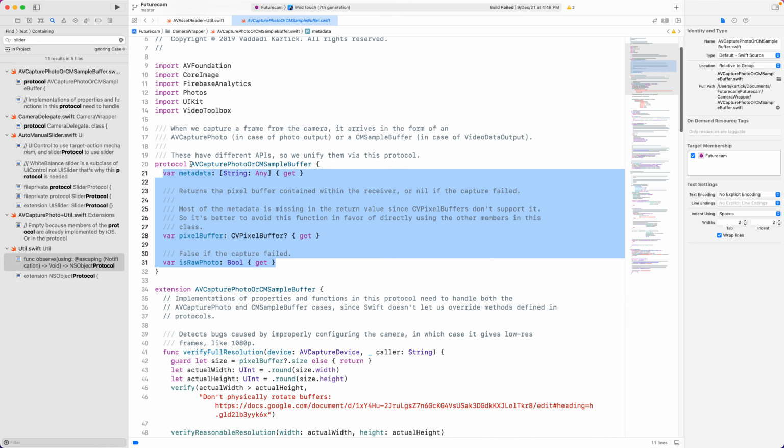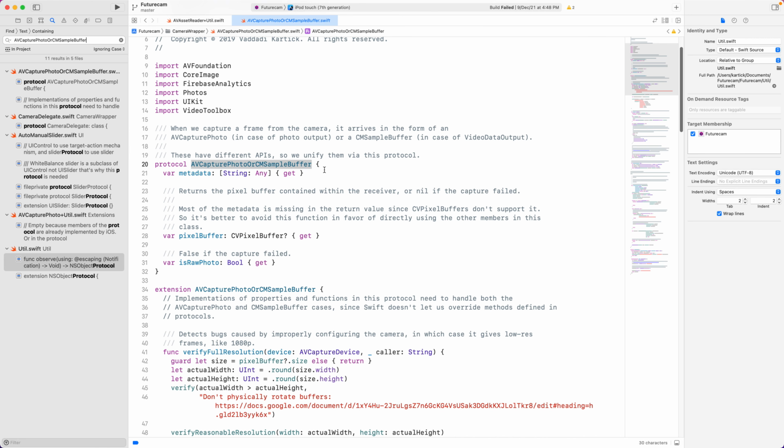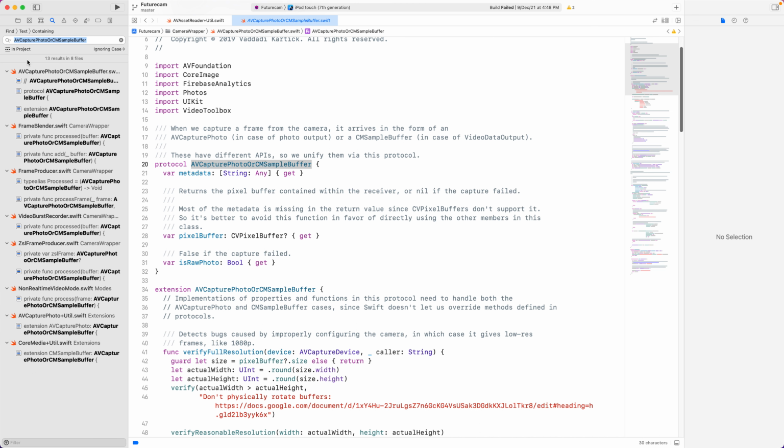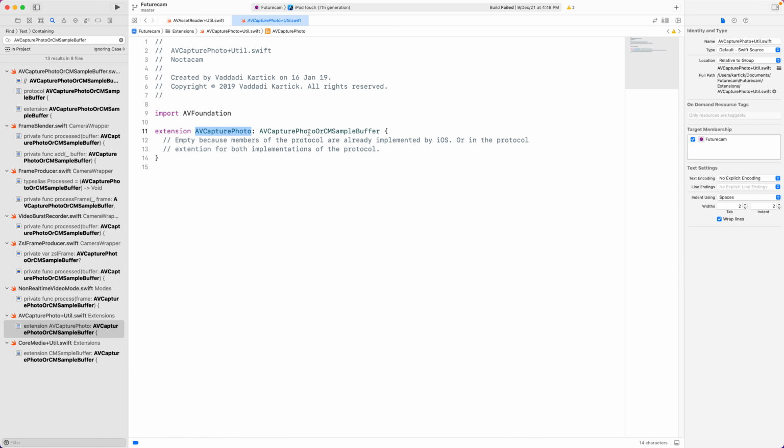And the name itself gives away, right? There are two implementations of this. One is an AV capture photo, one is a CM sample buffer. So here CM sample buffer implements this protocol, conforms to this protocol in iOS Swift, and so does AV capture photo.